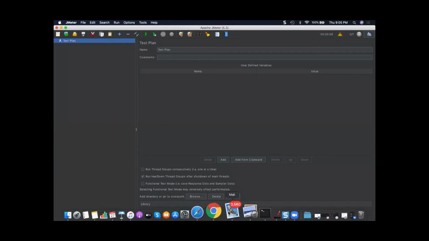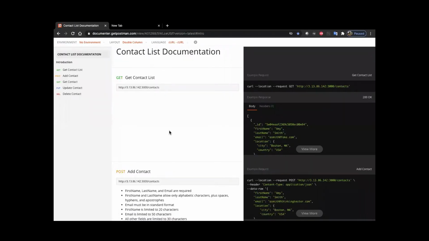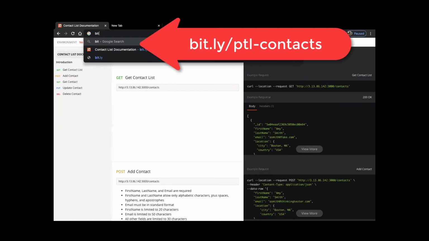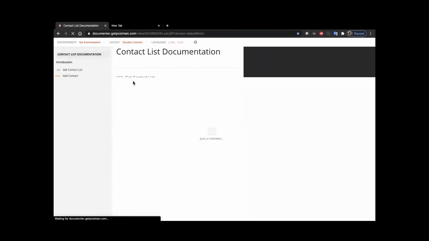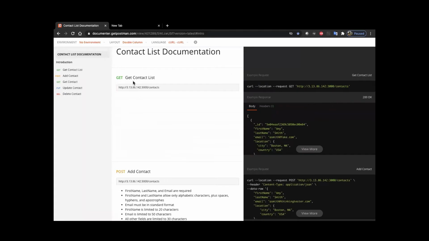We'll be using a publicly hosted API in this session. This site you can get from Postman. I have a shortened URL, bit.ly/PTL contacts, and it will direct to this one.